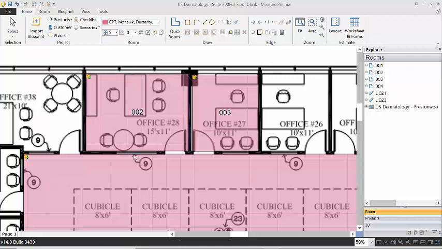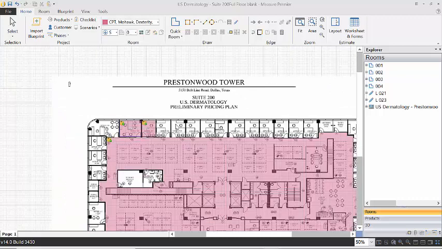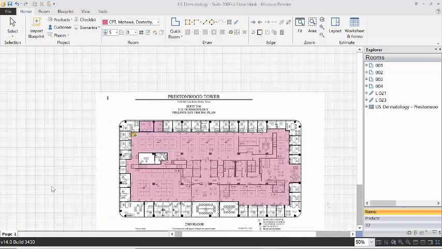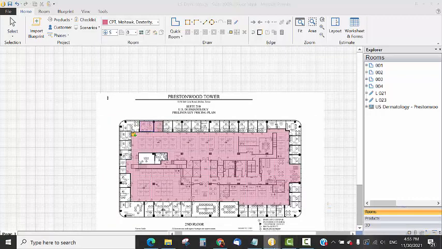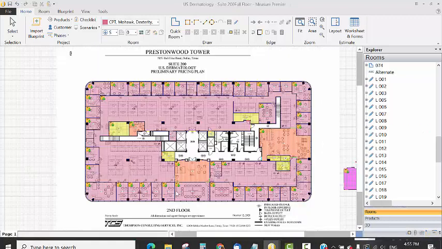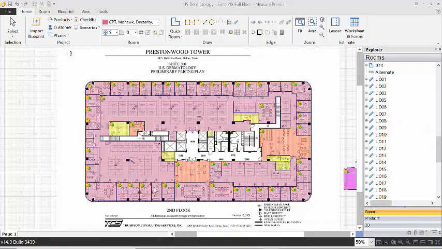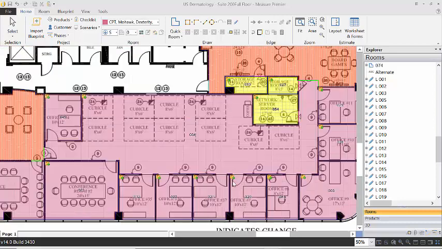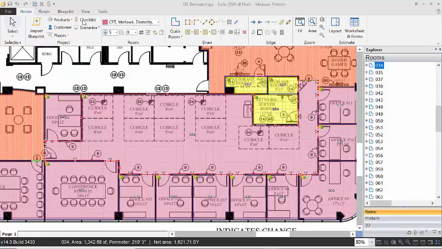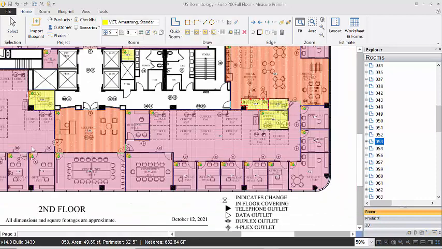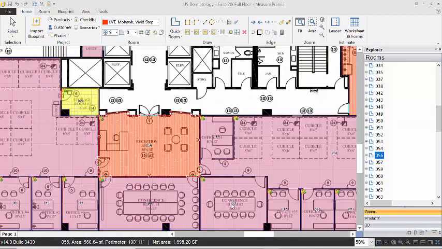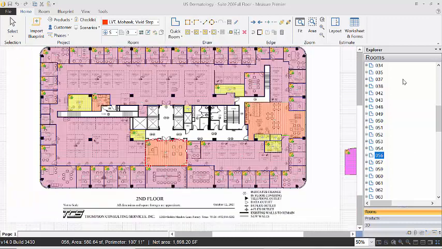And so what I've done is I've already done this whole takeoff, and I'll just show you how the final takeoff looks like. So this is the final takeoff. So as you can see, here carpet is being put, here it's VCT, here is LVT, and these are the main 3 flooring types that are being used.